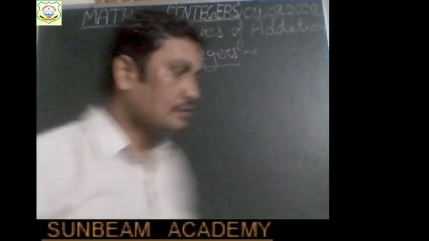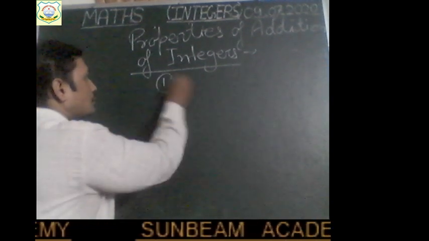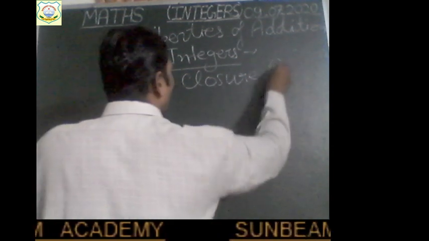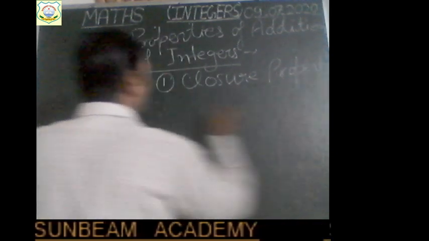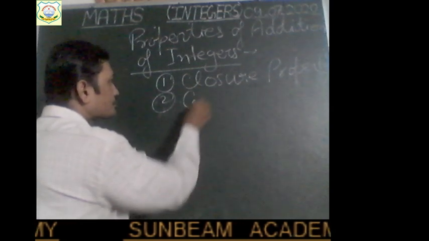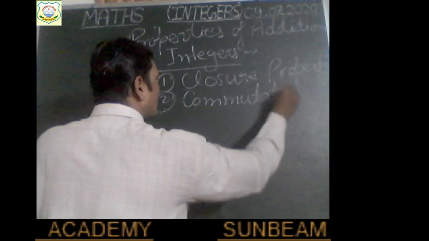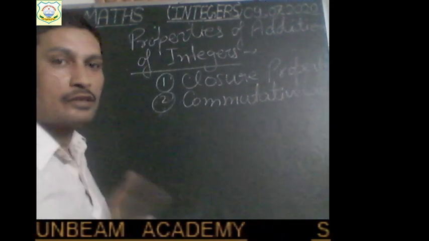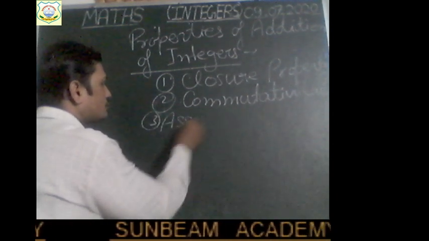There are many properties, basically 5 properties are there. These properties are the closure property, the second one is the commutative law, the third one is the associative law,